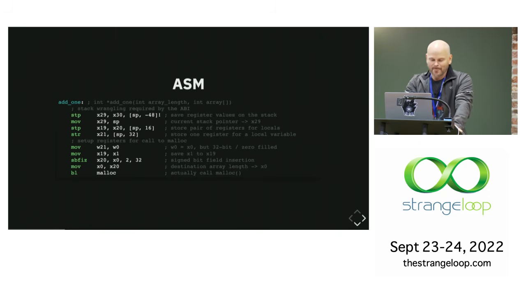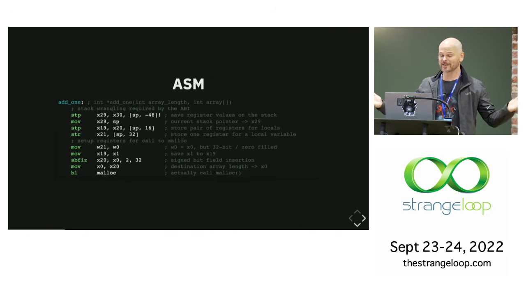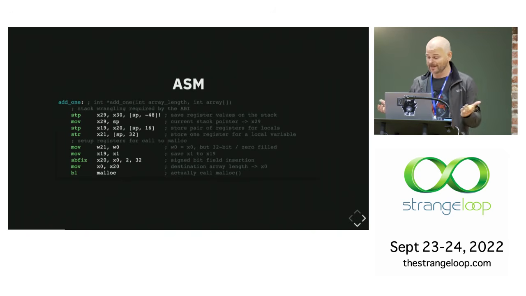It'll be easier, right? So we'll start with this label here, add 1, and we've got the signature of what it would be as a C program after that. So what am I actually doing when I write this program? Well, the first thing I'm doing is moving things from registers onto the stack. Why am I doing this? I'm doing this because the ABI says I have to. No other reason. It's nothing to do with my problem. And then I want to call malloc because I have to allocate some memory to return the new array with the new stuff in it.